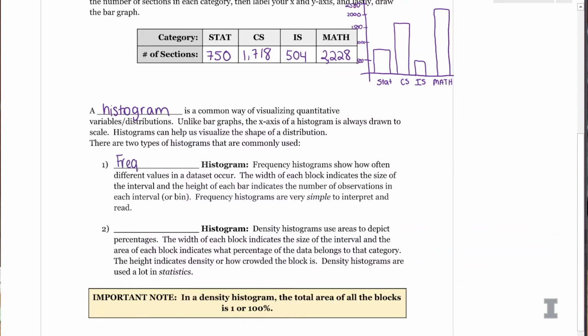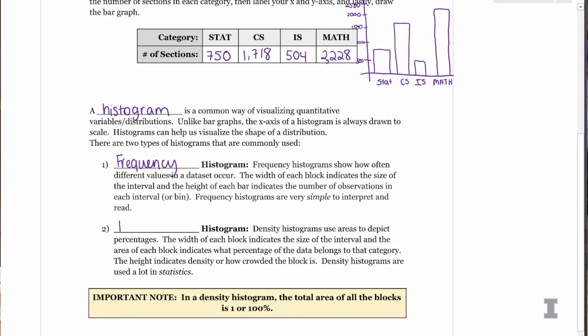Histograms can help us see the general shape of a distribution of data. There's two types that we're going to look at. The first type is called the frequency histogram. A frequency histogram is very similar to a bar graph. The x-axis is your variable of interest, and the y-axis tells you the frequency. Frequency histograms are very simple to interact with and to read. Wade, I think you use frequency histograms a lot in computer science. Almost all of the data science I do always wants to look at how many are in each category. Exactly. So we almost always use frequency histograms.